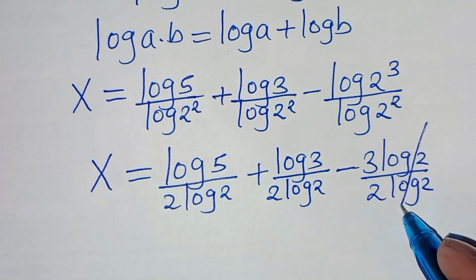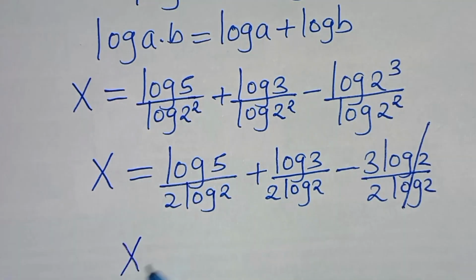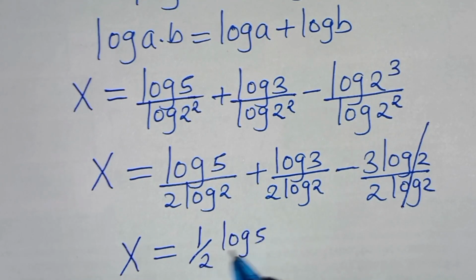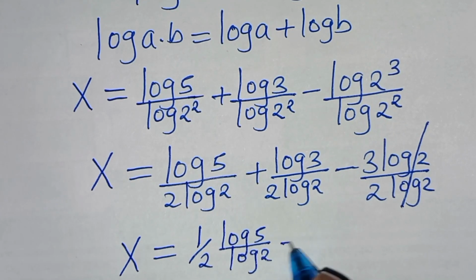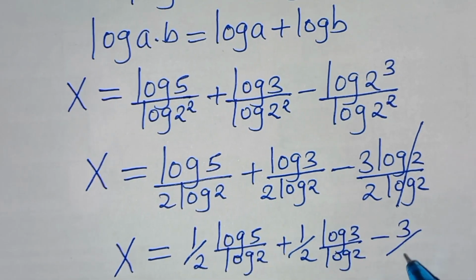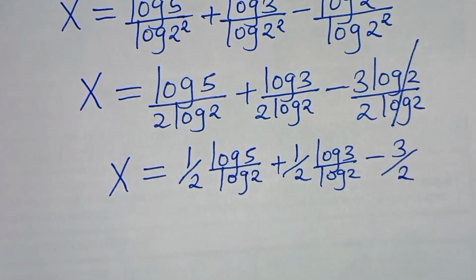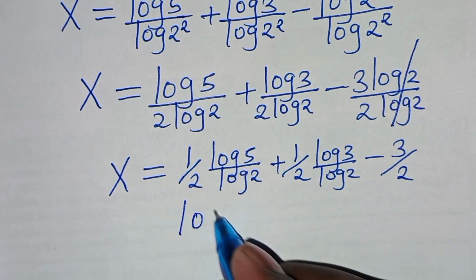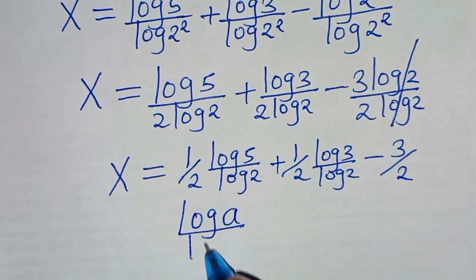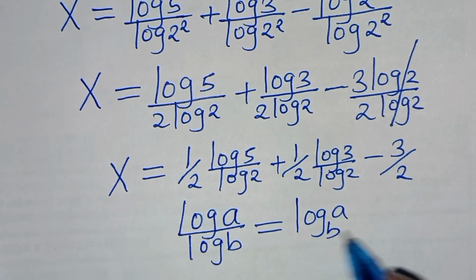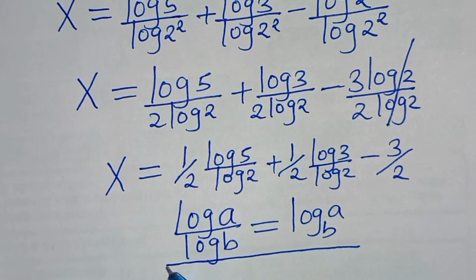Let's simplify here, log 2 and log 2, so that now we have x equal to, now this is the same thing as half log 5 divided by log 2, then plus half log 3 divided by log 2, then subtract 3 over 2. The next step is that log 5 over log 2, log 3 over log 2, this is in the form of log a divided by log b, which we can express as log a to base b. Applying this logarithm property,